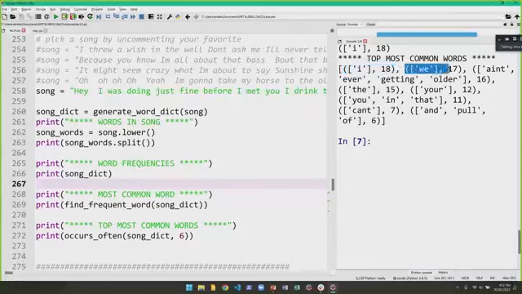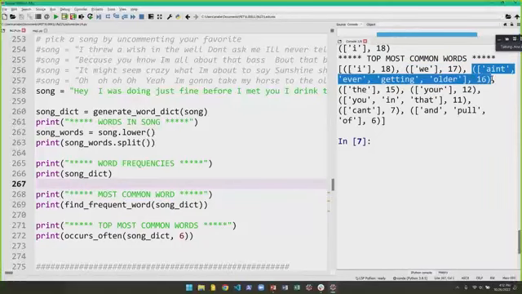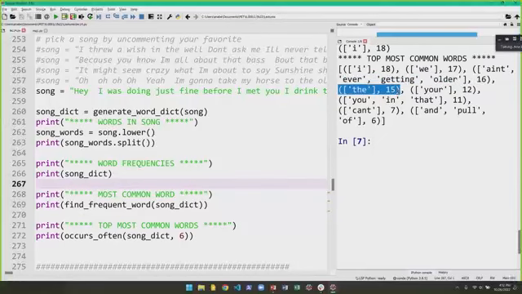The next element in my list tells the user that the word we occurs 17 times. The next element tells the user that the words ain't ever getting older occur all 16 times, and then so on, right? So we're decreasing in frequency, with the most common word occurring 18 times, and then I'm showing the user the most common words